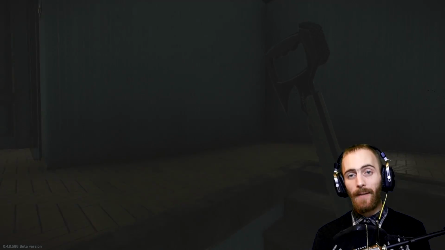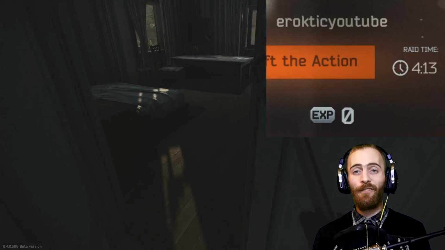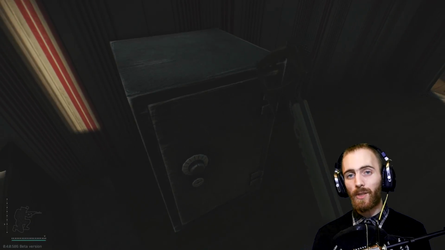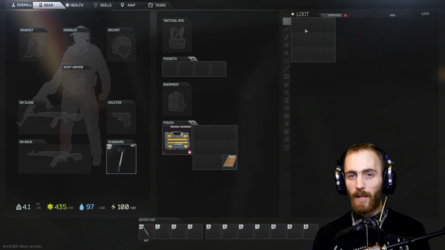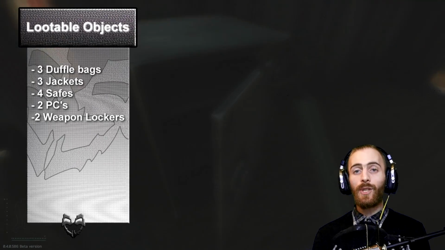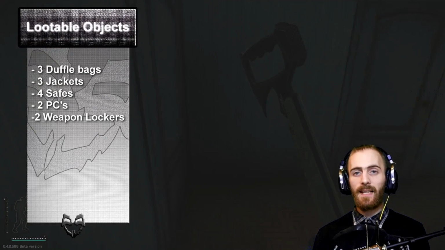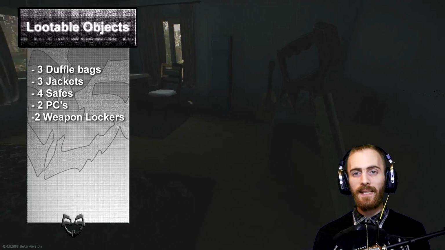Keep in mind that every single run that I was doing was taking a maximum of 5 minutes, which means you're not running out of the Shoreline. When you fill up your container, you just log out, drag everything inside of your stash, and relog back on the map. In those 2 houses, you're gonna find 3 duffel bags, 3 jackets, 4 safes, 2 PCs,